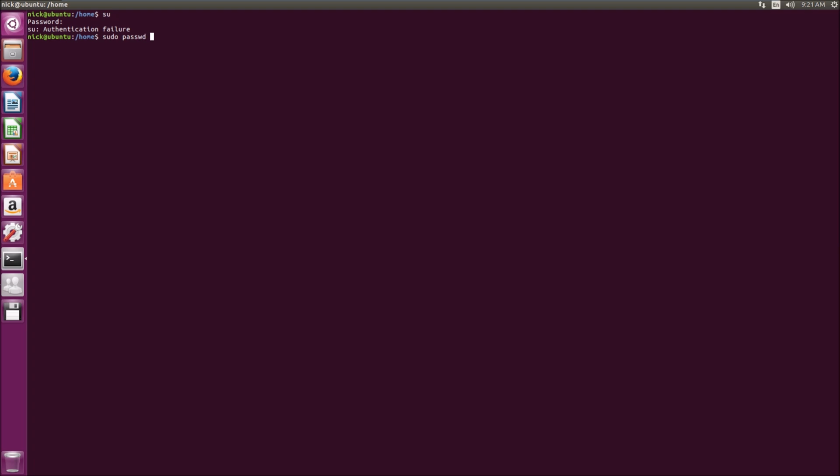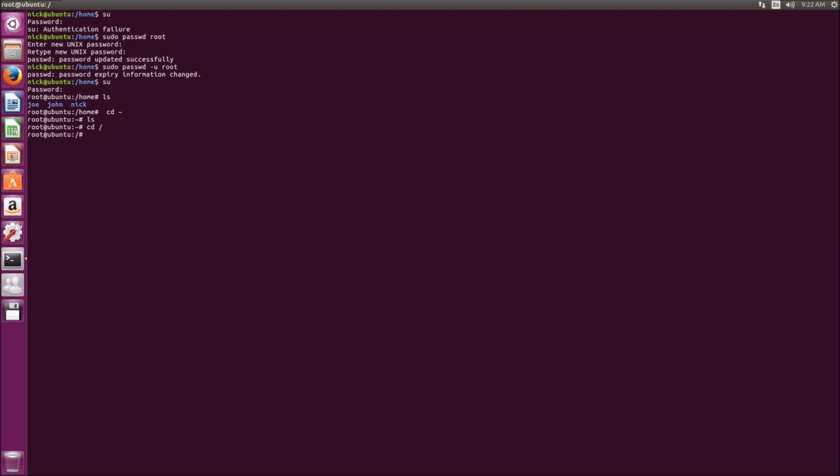So if we do sudo passwd root, we can change his password. And the password was updated successfully. But one more thing, we do a -u after passwd to unlock his account. So password expiry information was changed. And if we do su again, now we are in root at Ubuntu and in /home. So let's do ls, we can see who's there. We can look at the root home directory. We can go to cd /,